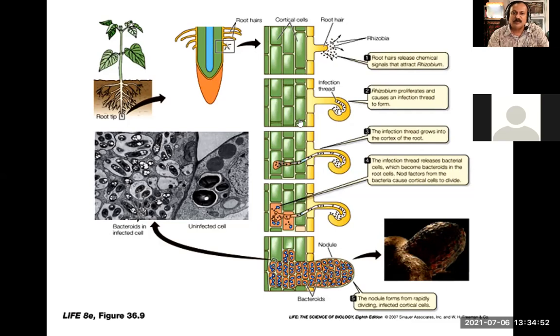They go to the cortical cells, the green colored cells, and inside these cortical cells the bacteria, rhizobium, will find the proper place where they want to carry out their role, where they want to settle down properly. Once they go inside, they will send some kind of signal to the cells, and that signal will allow the cells to multiply very fast. So these cells will divide.